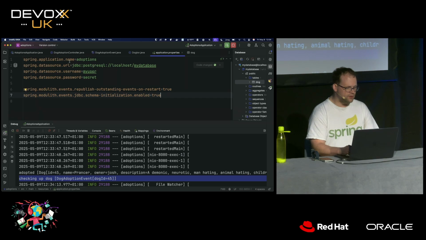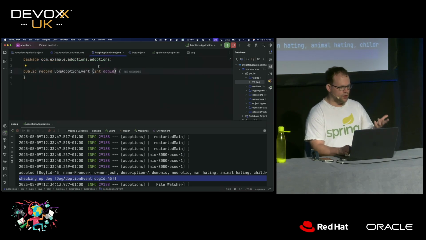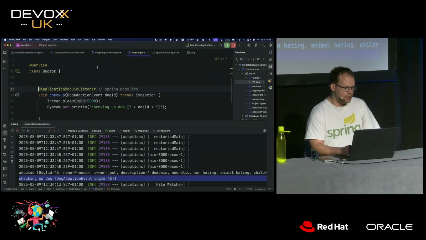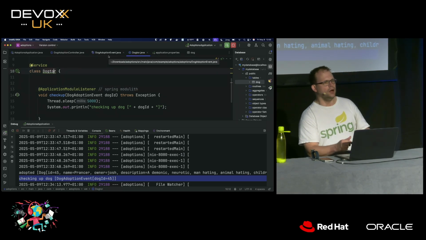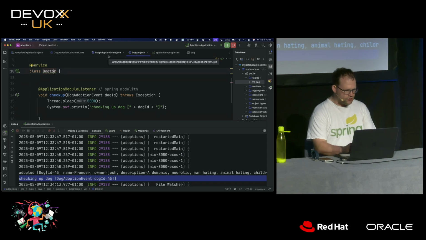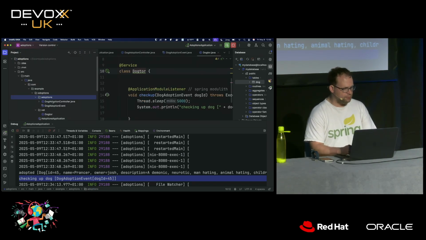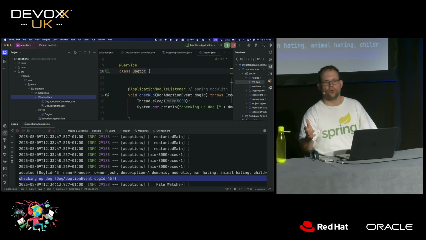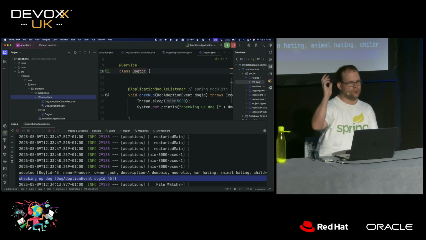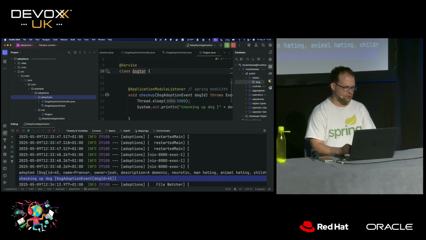One of the nice benefits, by the way, of using decoupling like this, using messaging, is that things that don't need to be public, like our domain, are not public, right? Remember, I've harped on this a lot, but it's very important to remember we don't want this class and other things that are not supposed to be public to be public. If you notice, we're putting everything in the adoptions package, right? So we've got the domain, the service, the controller, all that in the adoptions package. This package is a feature, not a role. It's not a service package. It's not a controller package. It's a feature package, right?